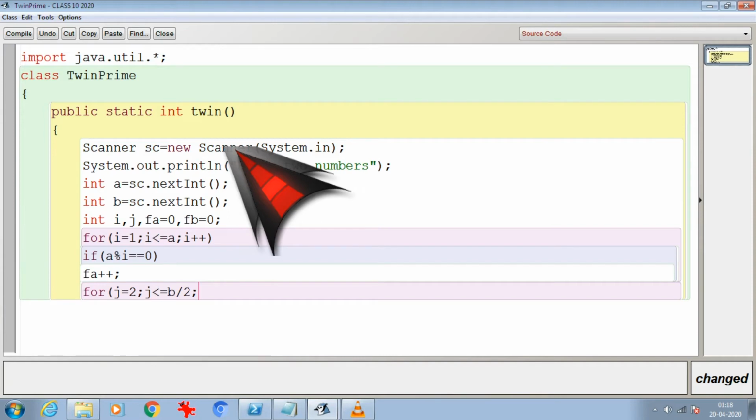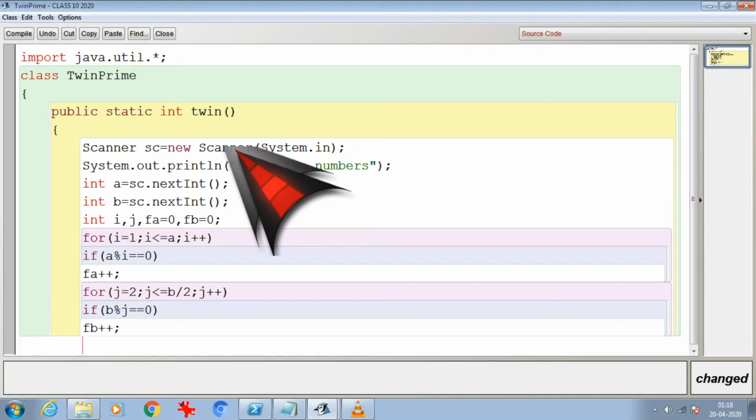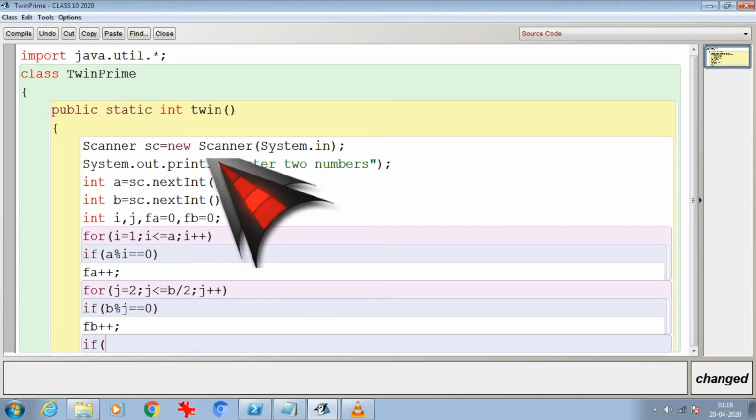So I will write j plus plus, same procedure: if b mod j equal to 0, then fb plus plus. As per my loop, if a will have 2 factors, so if fa equal to 2, I can keep it in brackets, and if b will not have any factor.